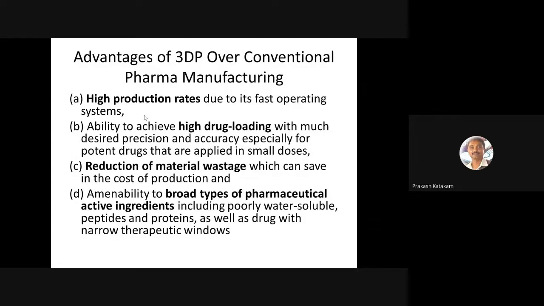Say for example, TB drugs. TB drugs are taken by the patients. The dose will be around 1.2 gram, 1.5 gram per tablet. So if you convert it into a tablet, it looks like a very big tablet which you cannot ingest or take orally. You have to crush it into 2 pieces or 3 pieces and take the tablet. So these problems could be avoided, and for patients with chronic diseases like TB and cancer patients, we can make simple tablets with large doses, and they can dissolve very fast, and you can change the taste. You can give an acceptable taste.